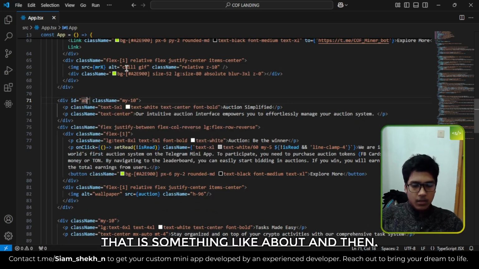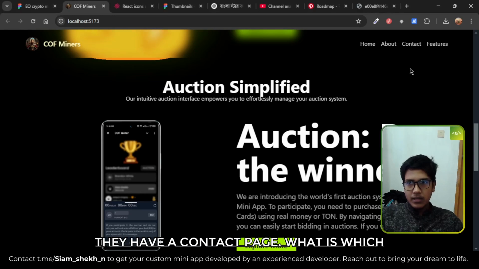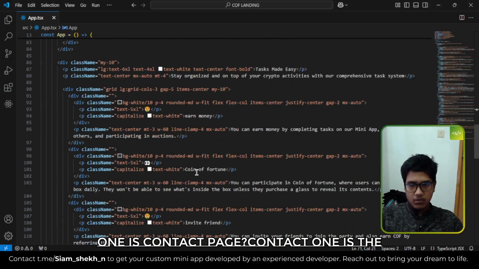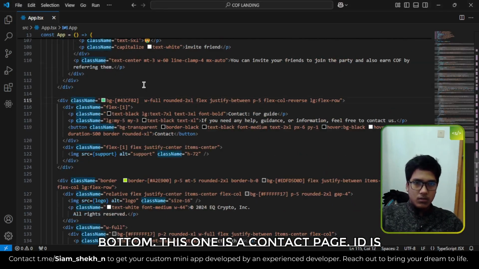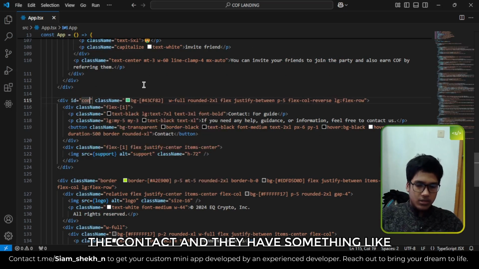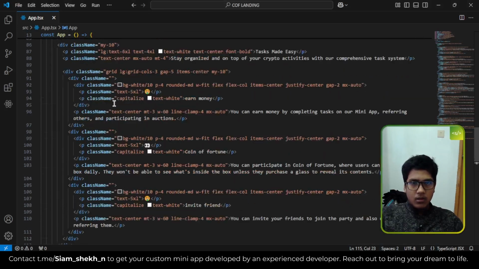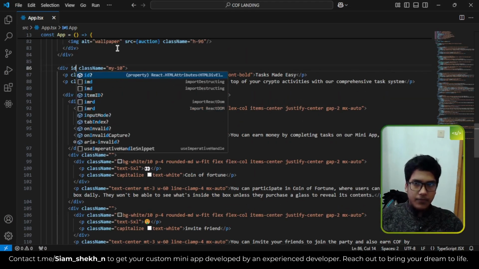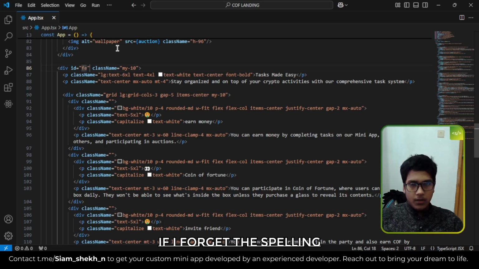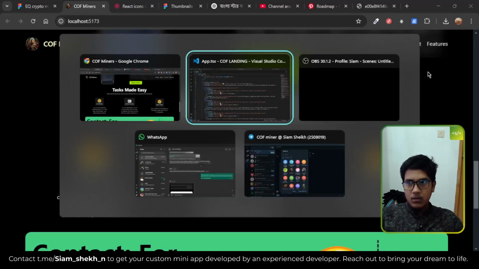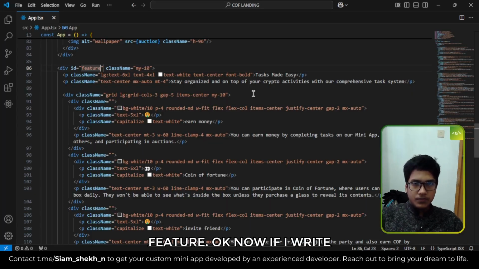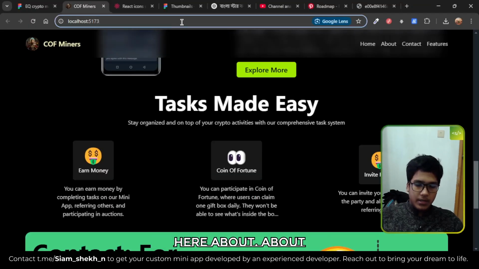There is something like about, and then they have a contact page. Which one is the contact page? Contact is the bottom one. This one. ID is contact, and they have something like a feature. Feature is the above one. ID. Okay, I forget the spelling. FEATURE, feature. Okay, now if I write here about,